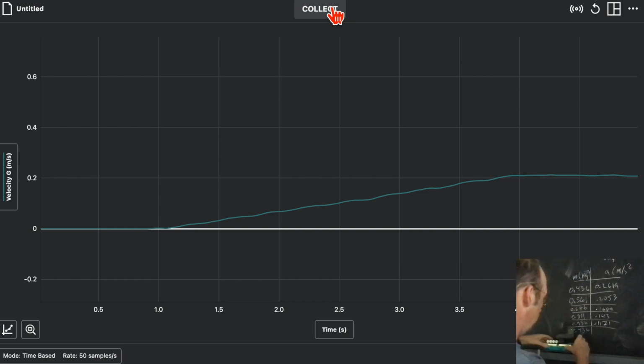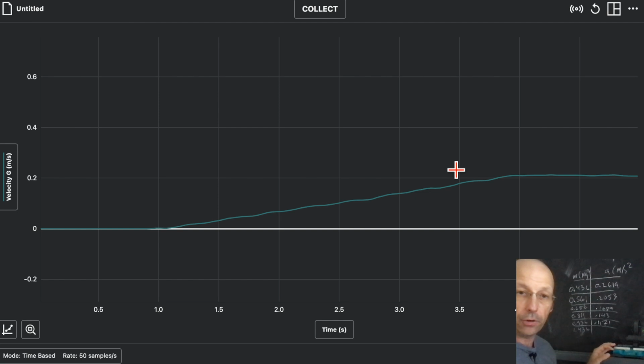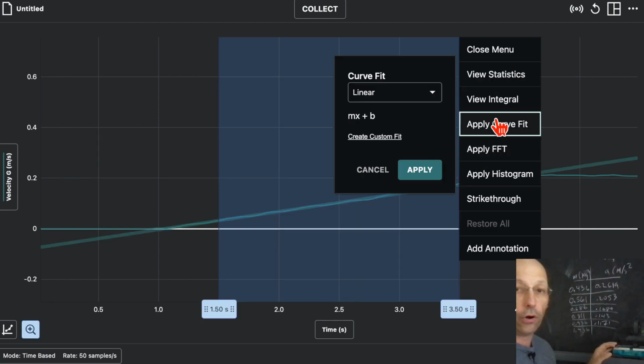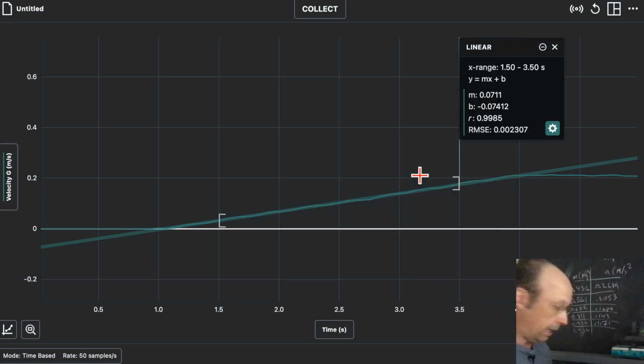Okay, let's take that off. I don't want my cart to fall. See, it's going to roll away. Okay, what is the acceleration? I'm going to highlight this area right there. Apply a curve fit, linear, and I get